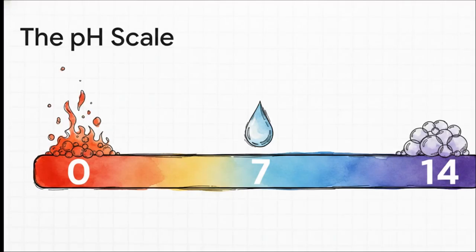The pH scale is like a secret code measuring the power of hydrogen ions. It runs all the way from 0 to 14. The lower the number, the stronger the acid. So numbers closer to 0, those are dangerous skin-burning acids. 7, right smack in the middle, is totally neutral. That's your pure water. And anything above 7, climbing all the way up to 14, is a base, with 14